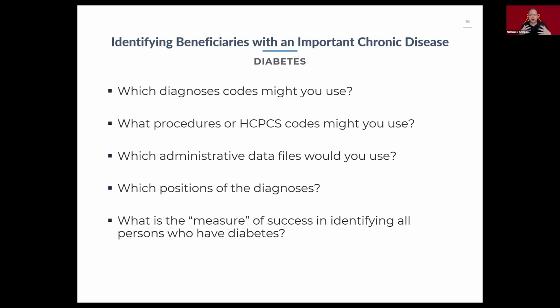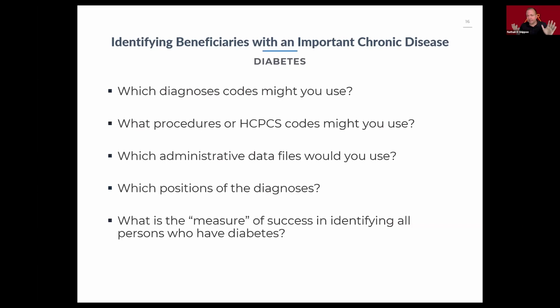It's true to differing degrees with various kinds of conditions, but with chronic conditions, it at least provides us with some expectation that we should see some kind of regular care, or at least care over time, happening in the claims data that would generate the claims with the diagnosis codes that we would use to identify these conditions. So you could extend this in different ways, and again with different caveats, to lots of different conditions.